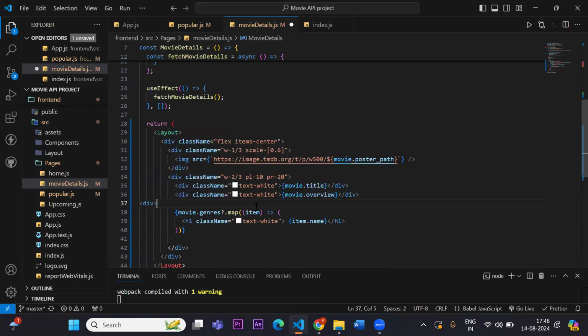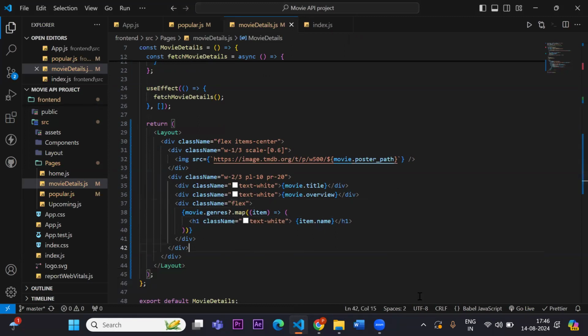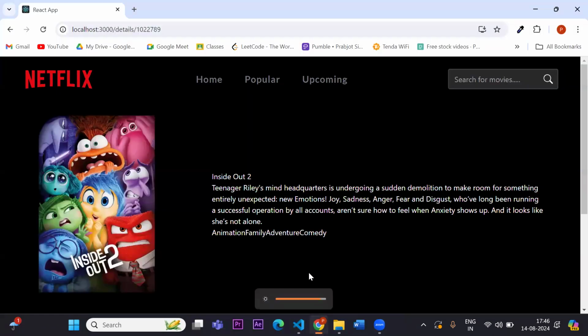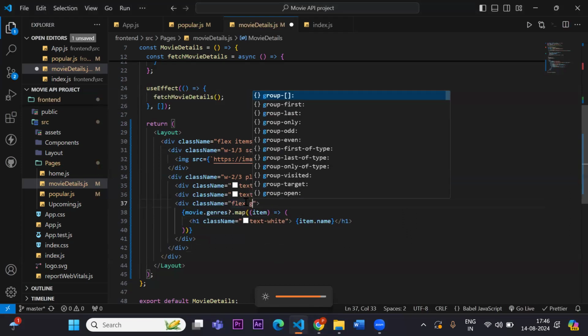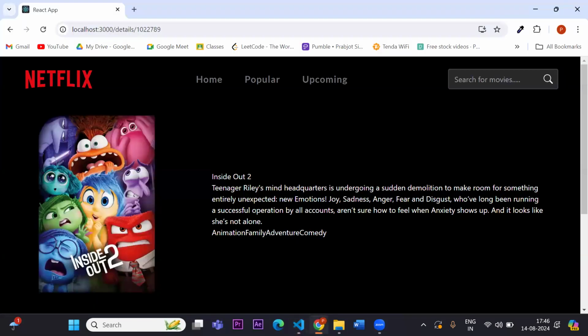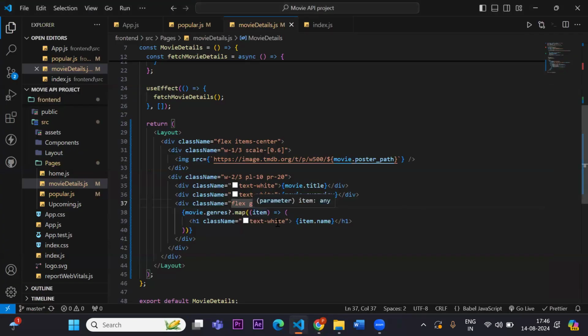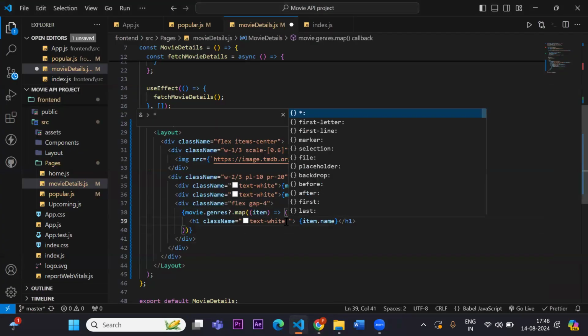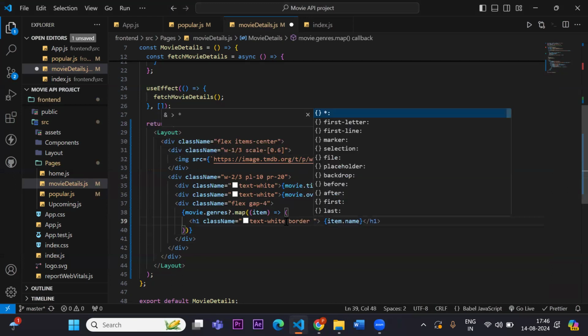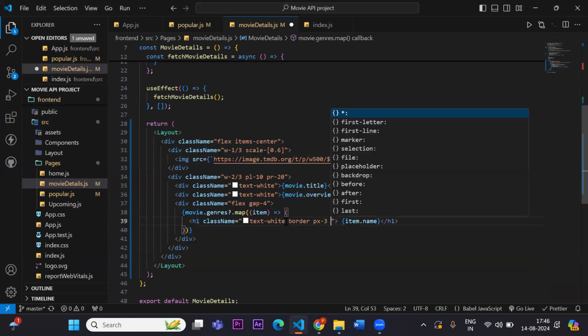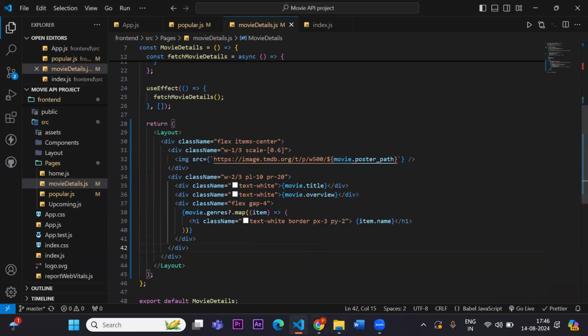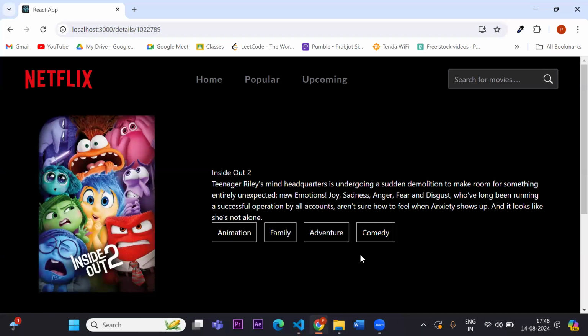Like there should be a parent div to it. And then display flex, and give a gap in between, say 4, and also let's give a border to each of it and padding X, let's say 3, padding Y, say 2. Yeah,